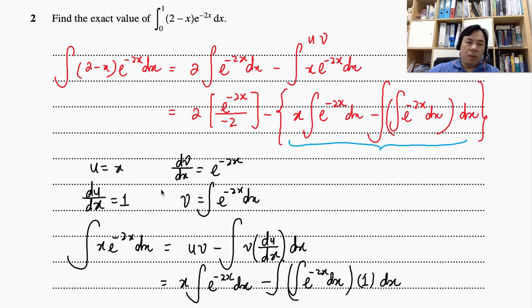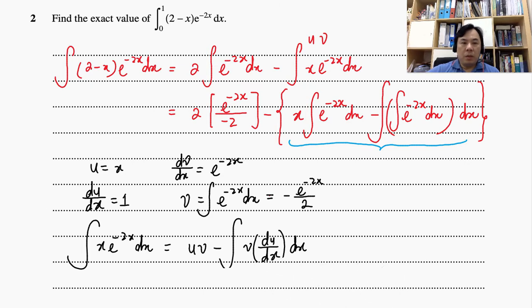Of course, most of the time at A level, you don't want to have double integrations. That looks more complicated in this case. So therefore, you tend to simplify these integrations to be negative e^(-2x) over 2. So from here, instead of writing this, we could have changed it to this instead. Let me show it to you how it looks. So we could have changed it to this instead. Therefore, the u is x and v. Okay, so that will be negative x e^(-2x) over 2